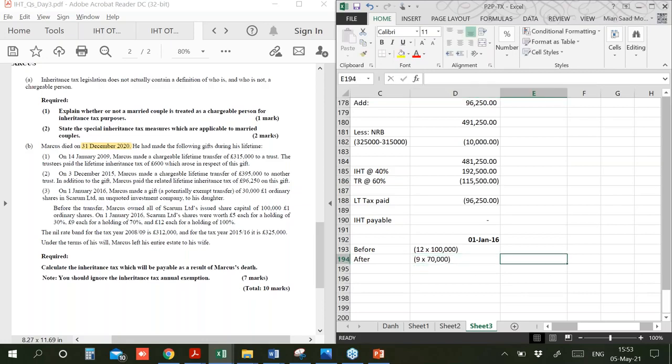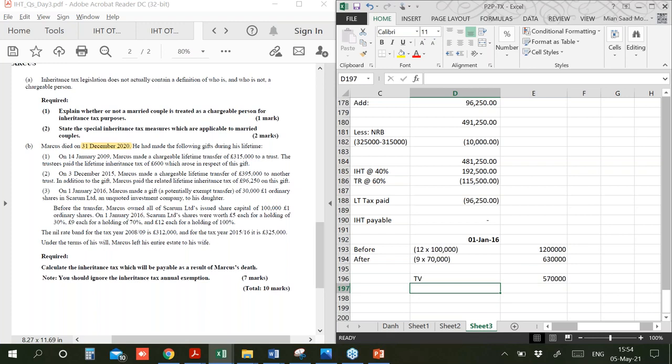Okay, now whatever the values will be, we'll write here. This will always be obviously 1.2 million. This will be 630,000 because 9 sevens are 63, or you can put a formula as well if you are unsure. Now here, this minus this is the transfer value that I'll be using for the gift.